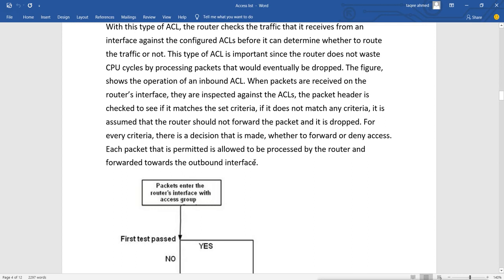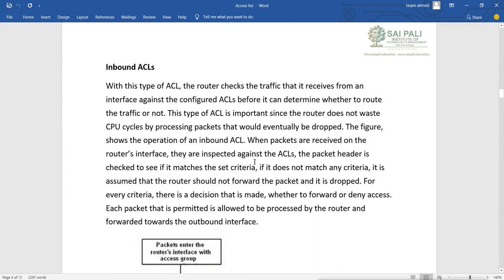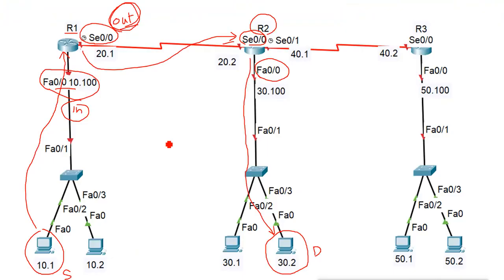Now, benefit of this inbound filtering means what? The router does not have to process the data. It will just process the ACL rule, and then it will drop the data. That means when the data gets into this FastEthernet port, and I have configured inbound traffic filtering, so whether it is entering here, now it is not processing the data.